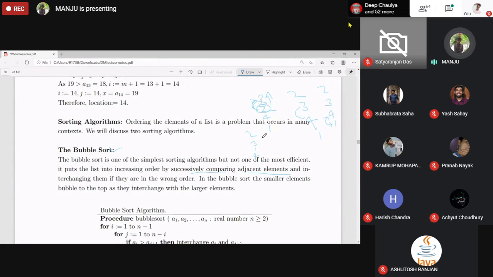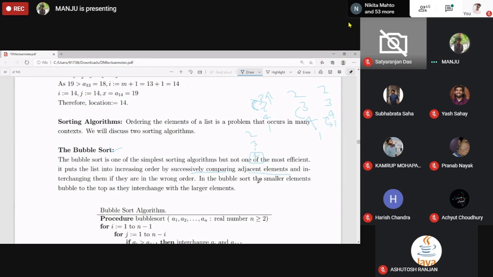Still we didn't get any ordering of these elements, right? So this first passing, we have passed through all the elements of the list once. This is known as the first pass. The first pass ensures that the largest element is at the correct position, at the bottom. For the second pass, you will compare only these 3, 2 with 3, then 3 with 1. The output of the first pass will work as the input of the second pass.